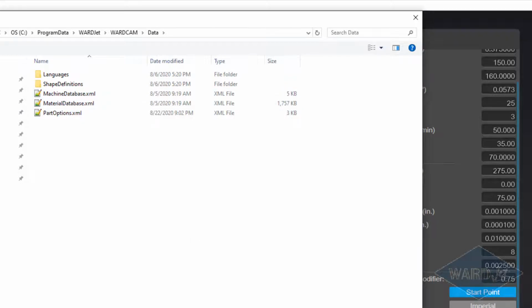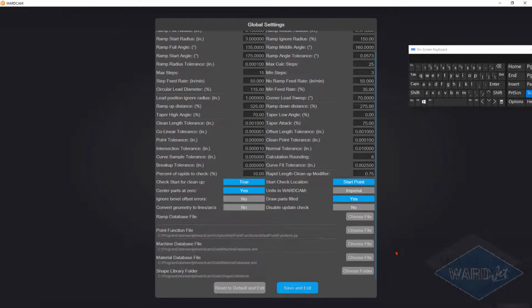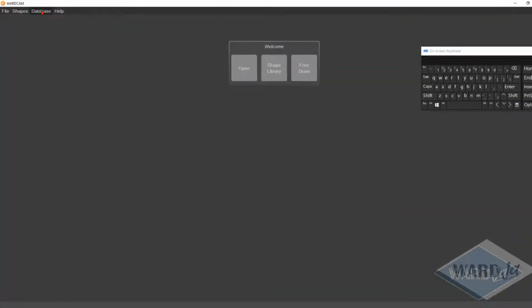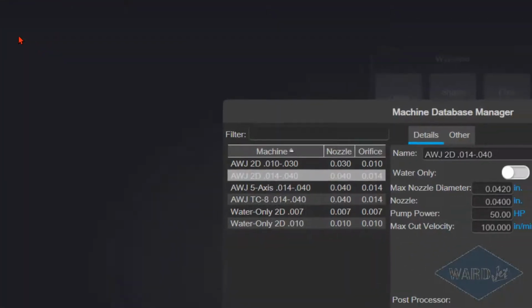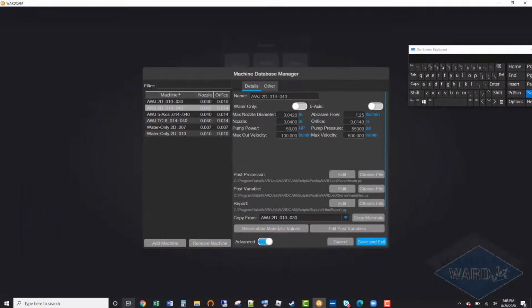files. And then the other thing to verify its location and copy over would be the scripts folder that you're working off of. So if you go database and machine database, you'll see here that you'll have probably C, ProgramData, WARDJet, WARDCAM, scripts, and basically just want to copy over that whole folder to the corresponding location on the new